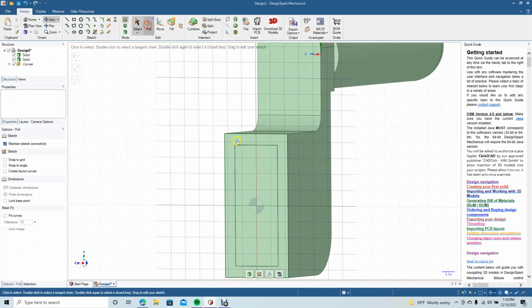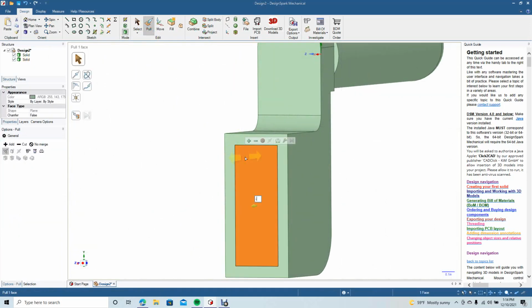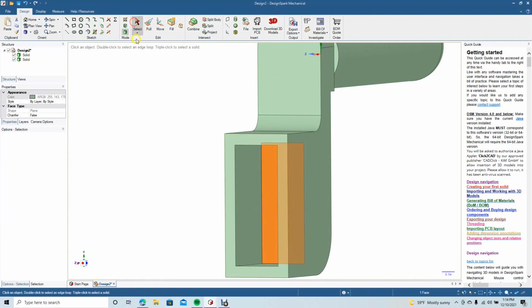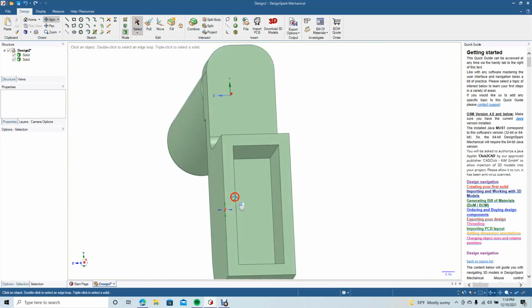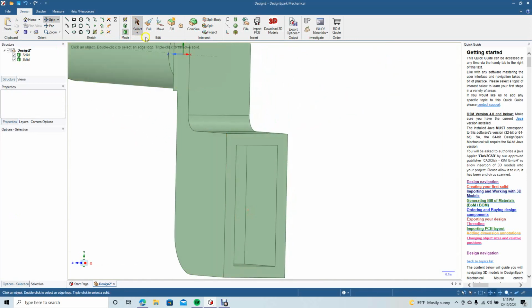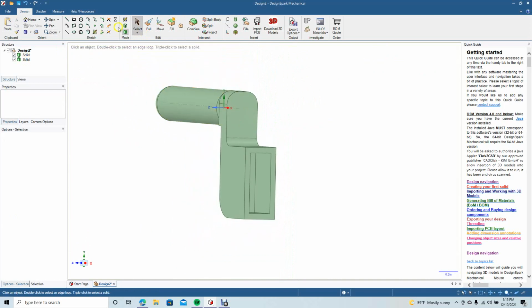Now we want to go ahead and pull. We want to pull this part down, minus 0.55. Click off of it. I'm going to go ahead and spin this. All right, now go ahead and Control minus to zoom out. We're going to grab our pull tool. I want to put some fillets in here, so we'll go ahead and